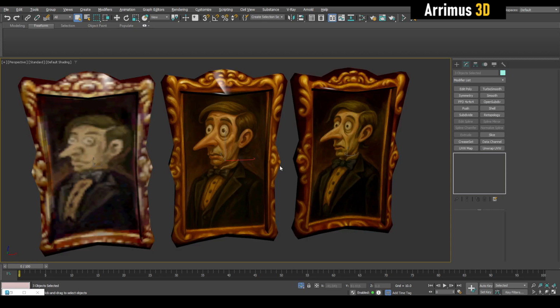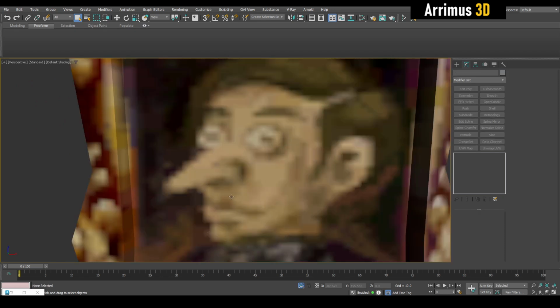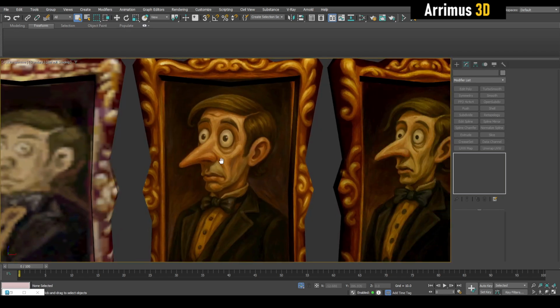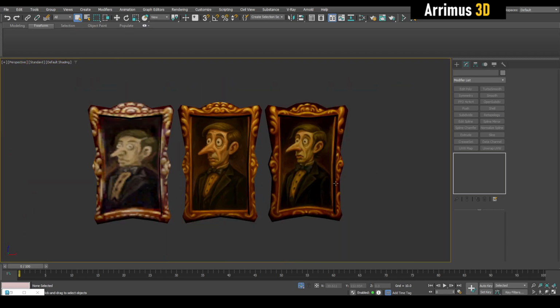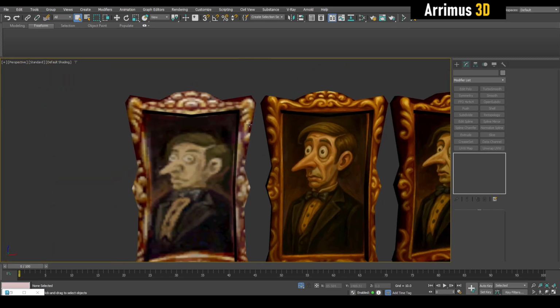This is a prop from the game Luigi's Mansion for the GameCube. So it's pretty old, and this is the original prop right here. Very low resolution. And this is what ChatGPT gives me. And once I show you here in 3ds Max what the props look like, I'll show the textures up close, and we'll also take a look at the prompts that I used. As you guys can see, it kept it,